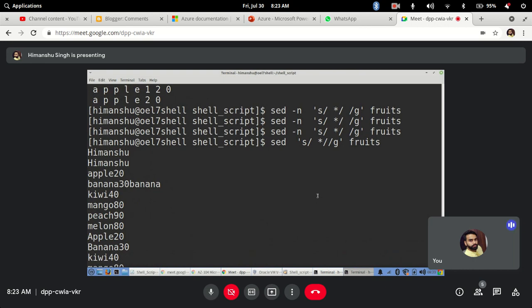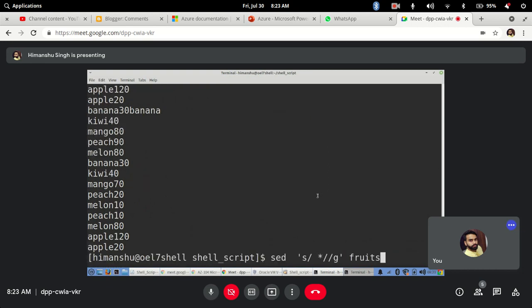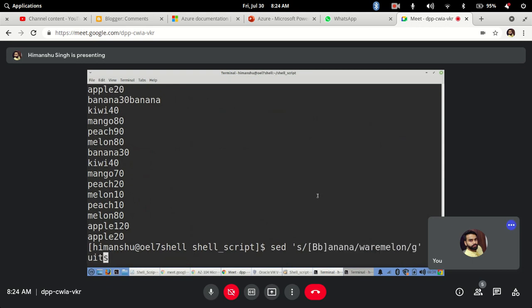Okay, so this way you can handle multiple spaces, and again the same thing. If you want to use the -e option that we checked earlier, we are replacing this banana, right? You can use the expression command -e, and the same way you can do multiple changes.